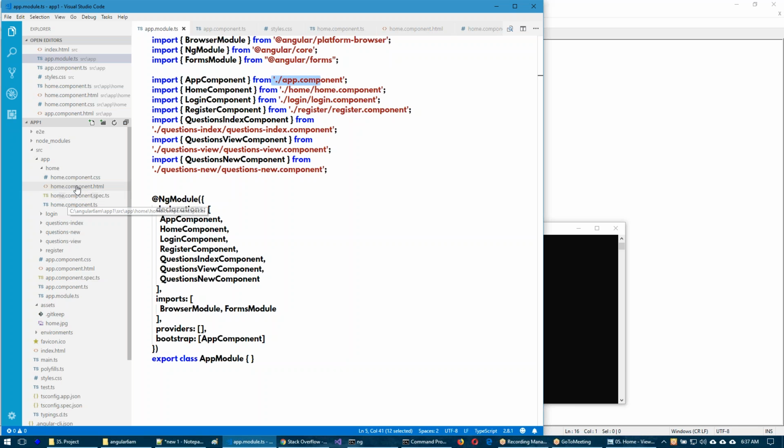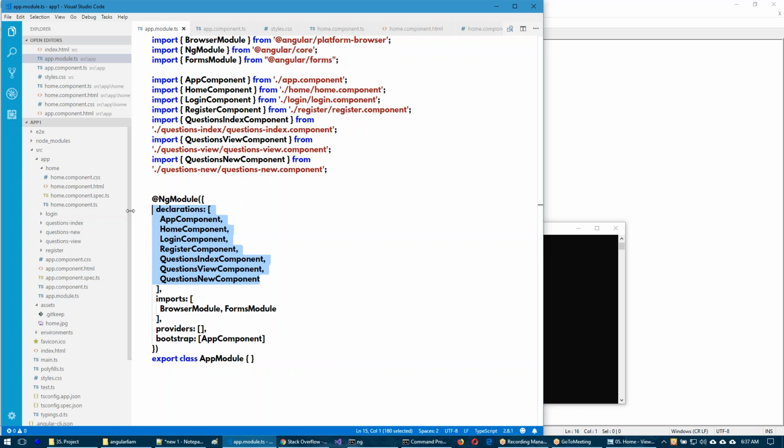For example, the home component is placed under a separate folder called home. In the same way login, questions index, everything is created under a separate folder name. That folder name we can see here: home, login folder, register folder, questions index folder. Like this, for every component, a separate folder is created.